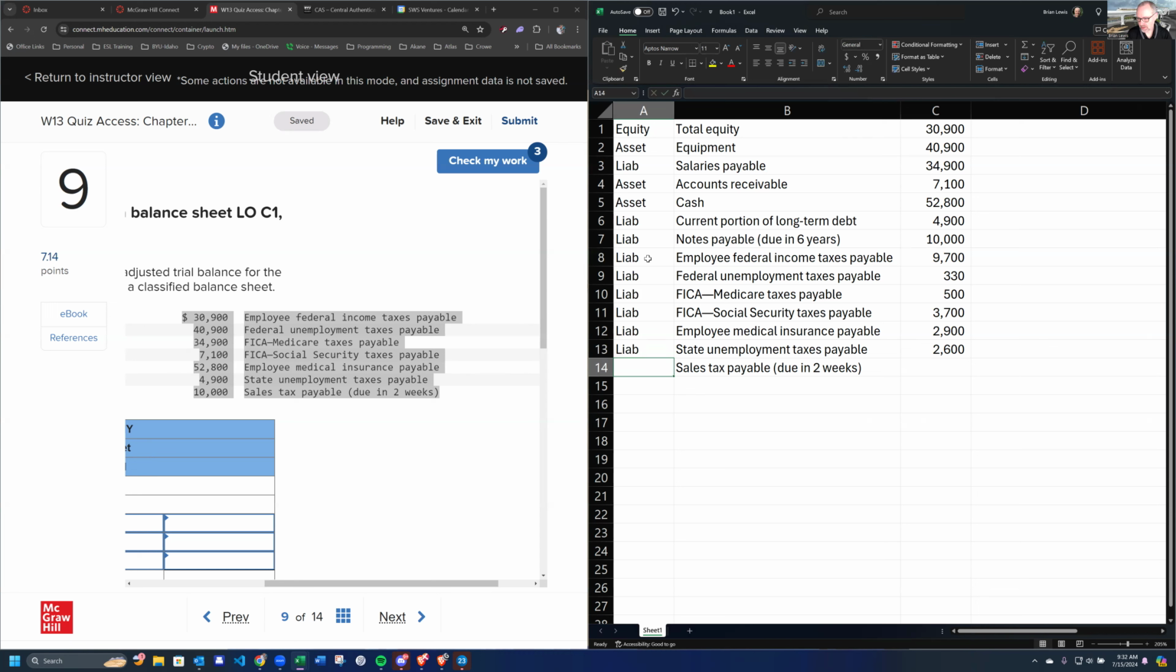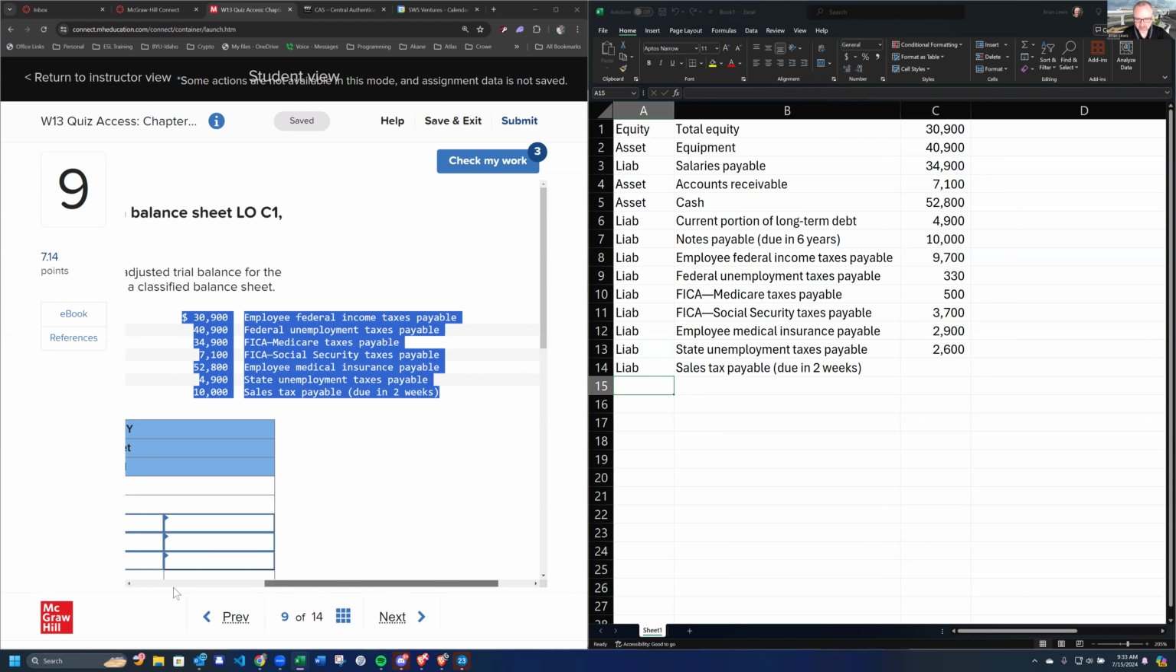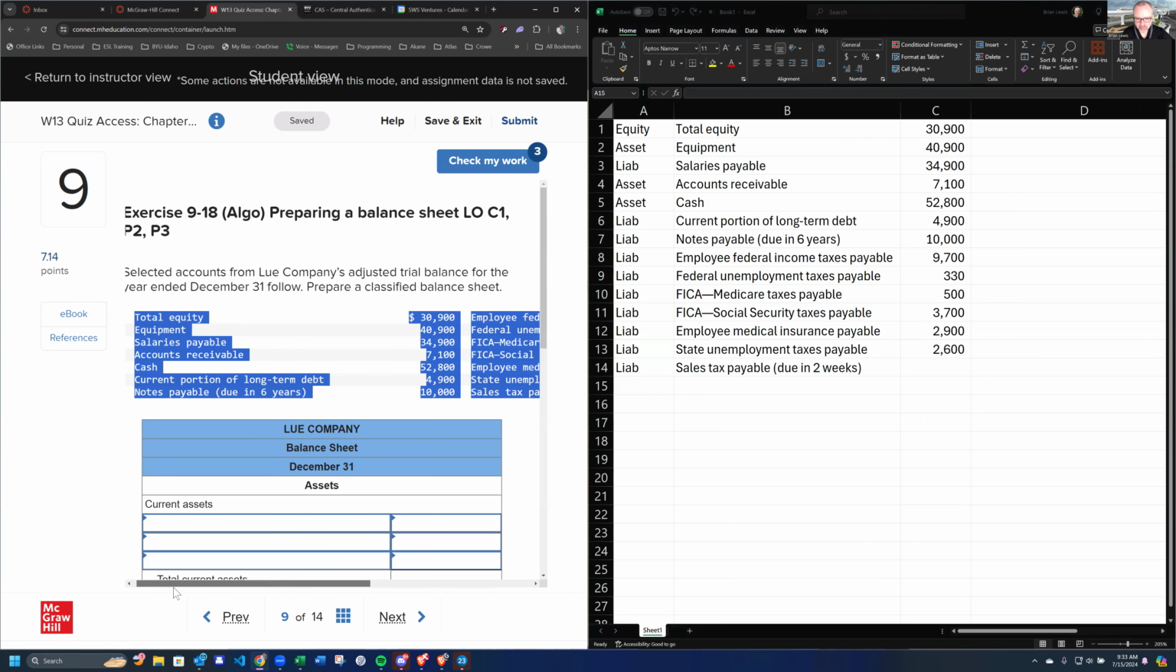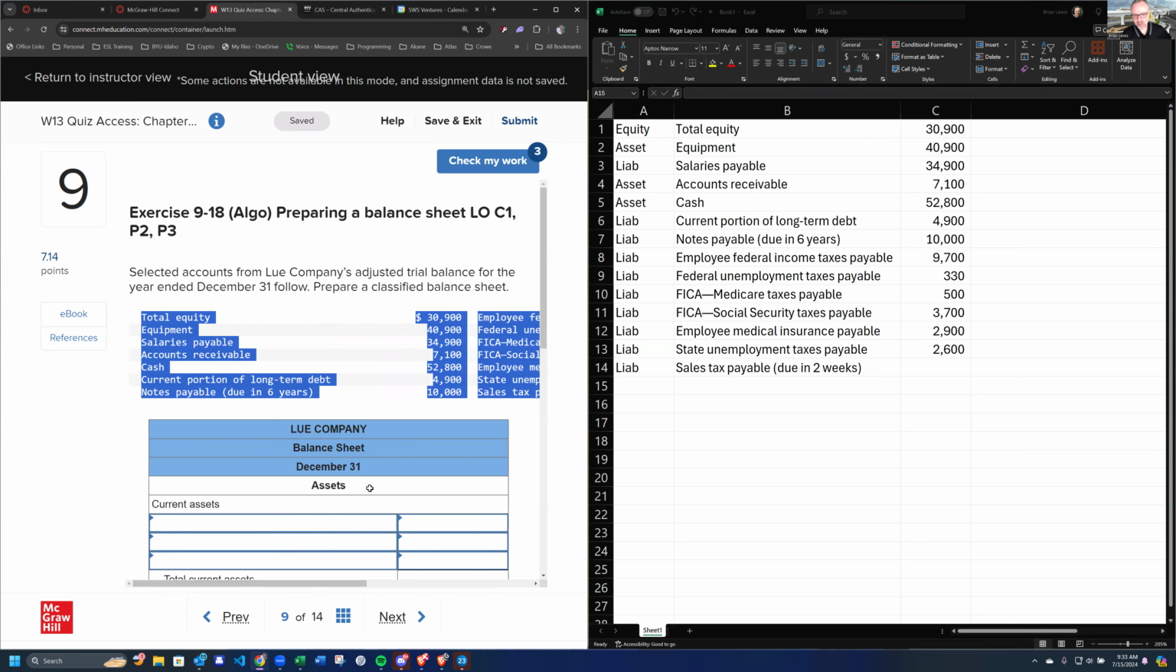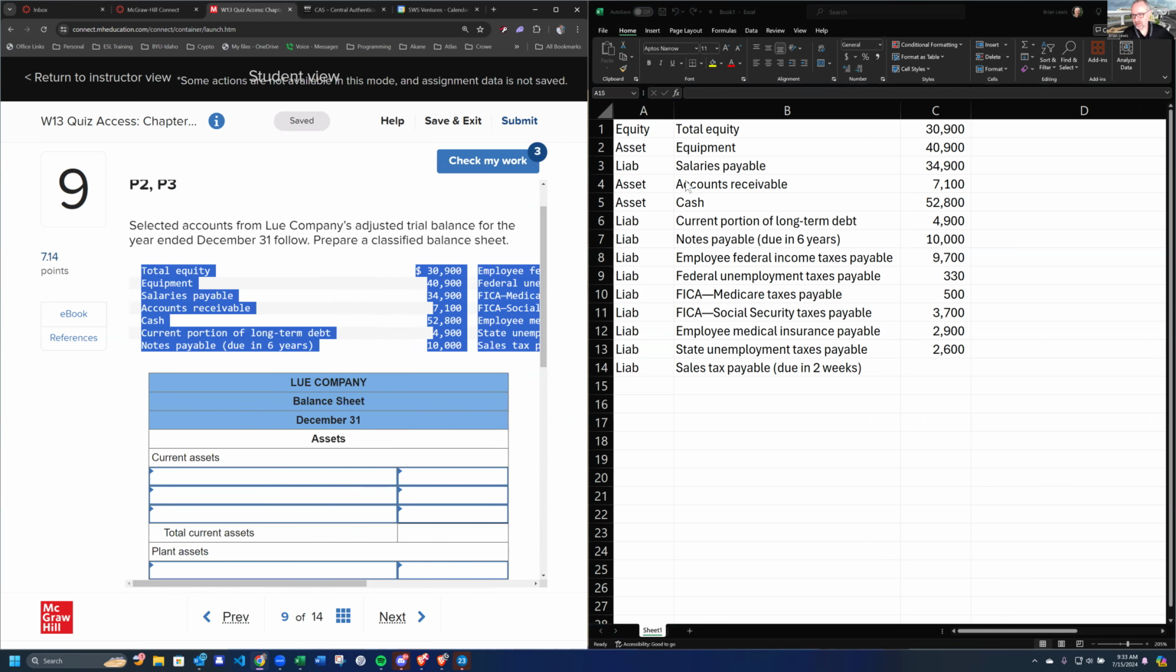And I'm not sure if they gave us sales tax payable due in 2 weeks. We're going to put this as a liability as well. I'm not sure what the value is. If they don't give us the value, then we're going to have to punt on that one, see what we have to do. All right, so on the current asset side, let's